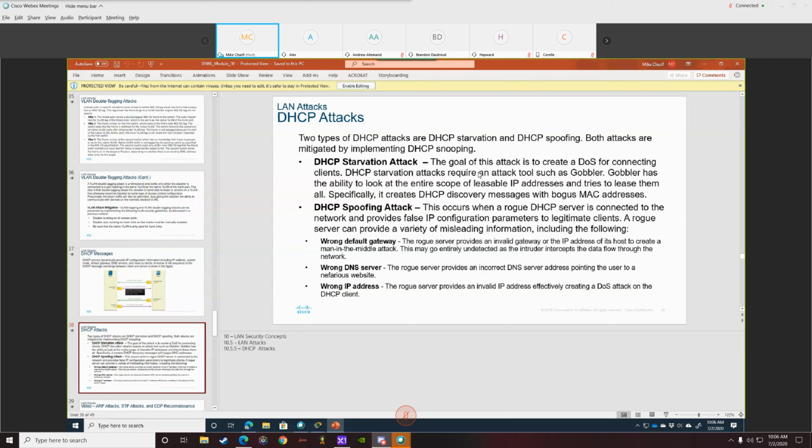This occurs, for example, in a DHCP spoofing attack. This occurs when a rogue DHCP server is connected to the network and provides false IP configuration parameters to legitimate clients. A rogue server can provide a variety of misleading information, including the following: wrong default gateway,